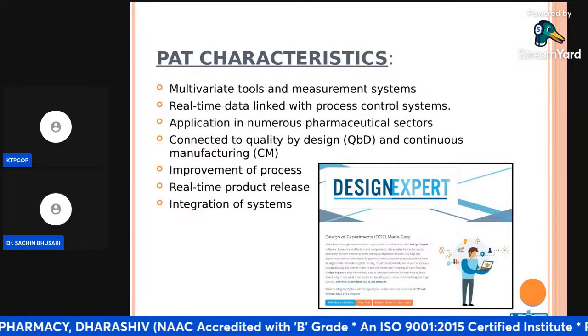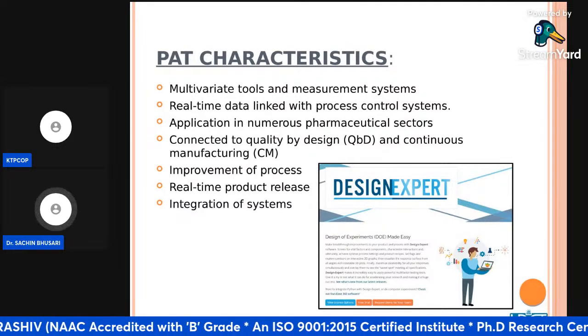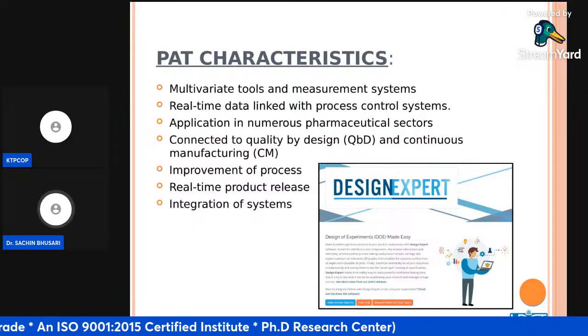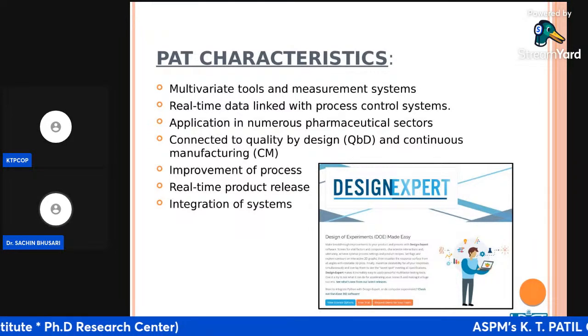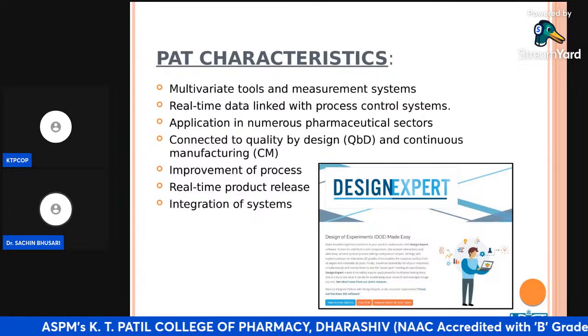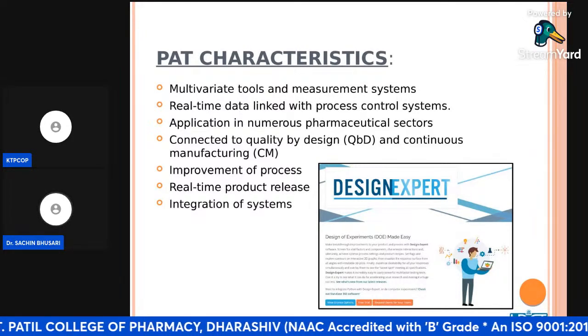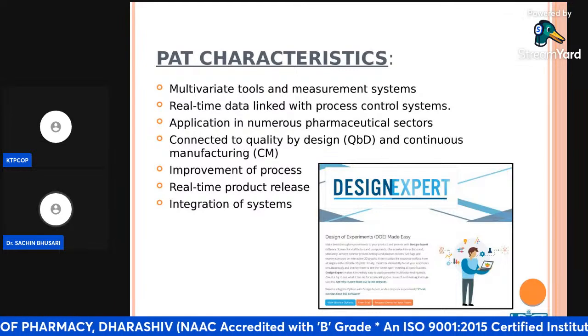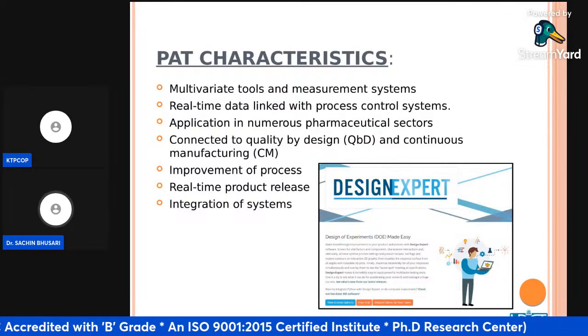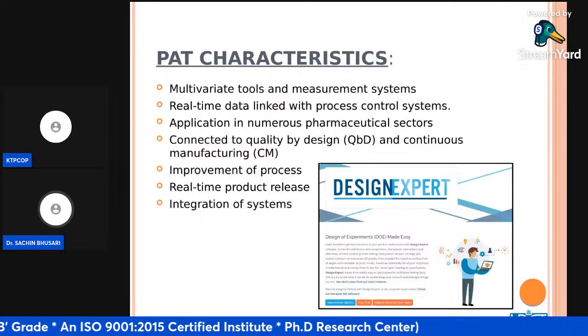My dear students, in industry, it is not a simple task. It is quite possible in a laboratory to adjust the pH with our small pH meter and 50 ml volume. When it comes to 1000 liter, 5000 liter, 10,000 liter glass-lined reactors, it is quite challenging. So what we need is real-time data. PAT has that facility, and it has to be controlled with the process control system. Unless and until there is a pH of 7.4, that process will not get initialized, because the PAT framework is such that you have that control system. So that is another characteristic.